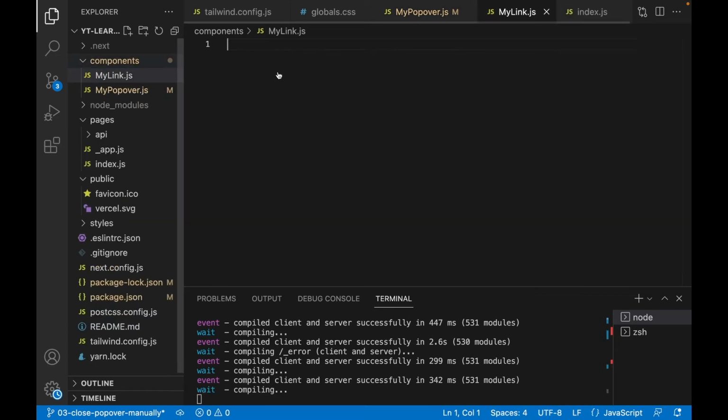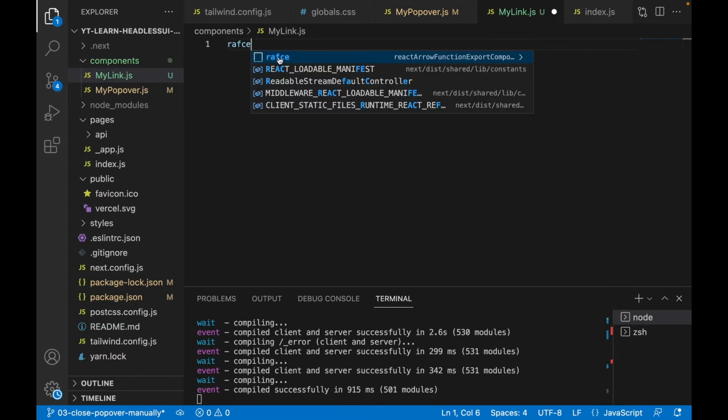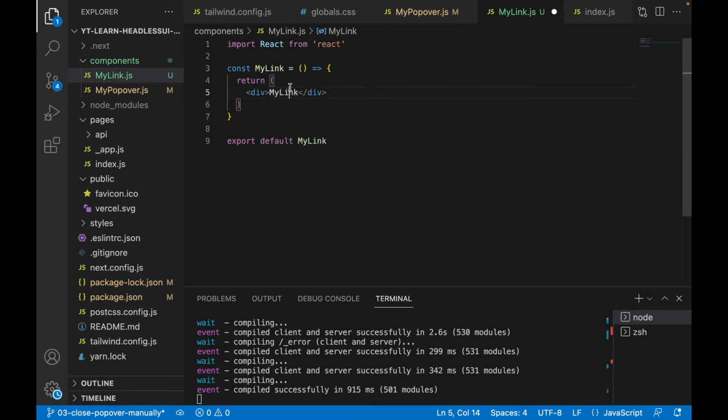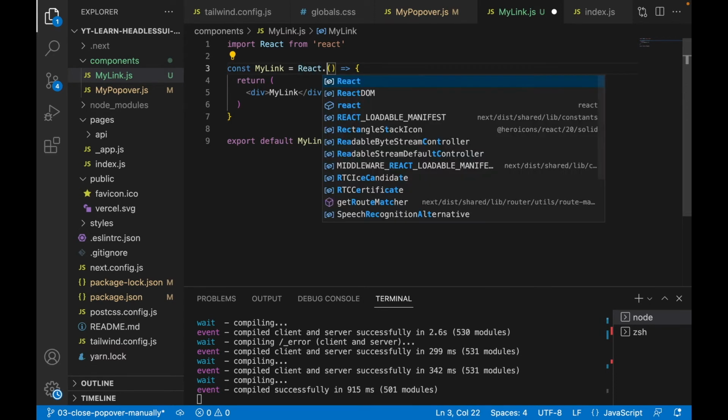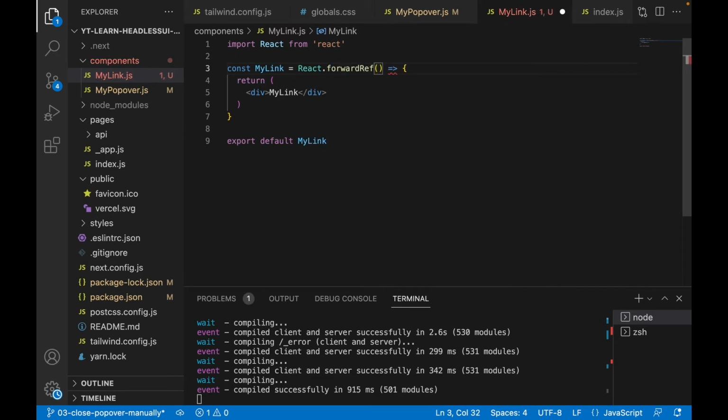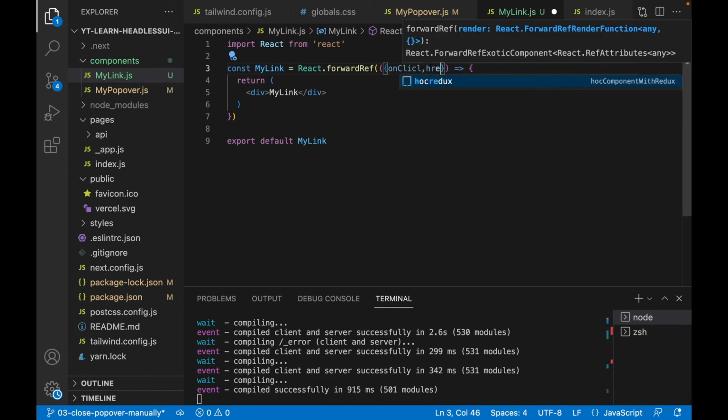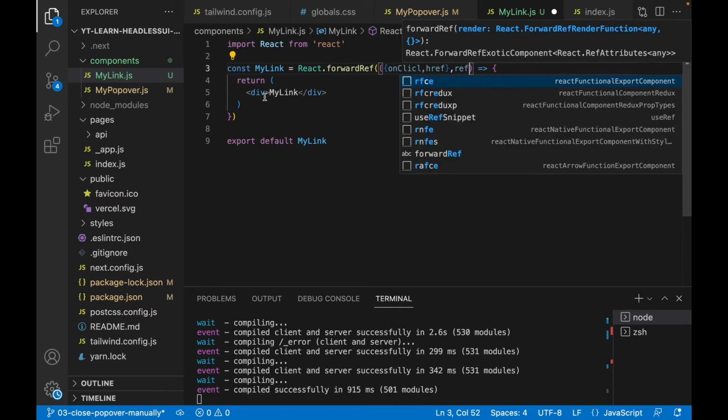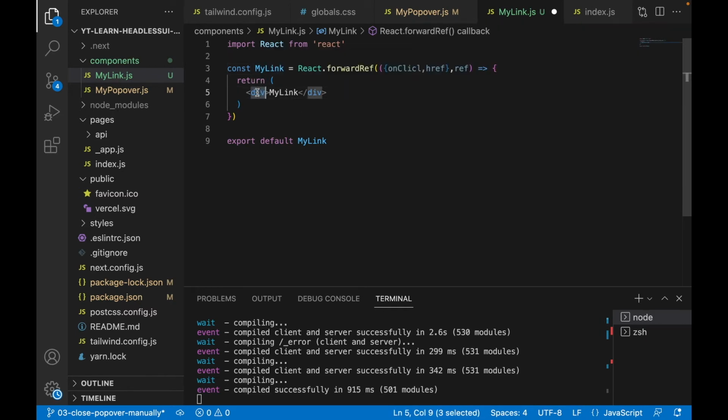So we use mylink.js, and then we use the react.forwardRef, and then we put the onClick, href and also the ref, and then we change this to a tag,